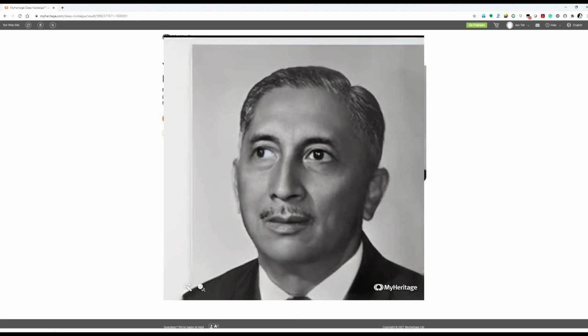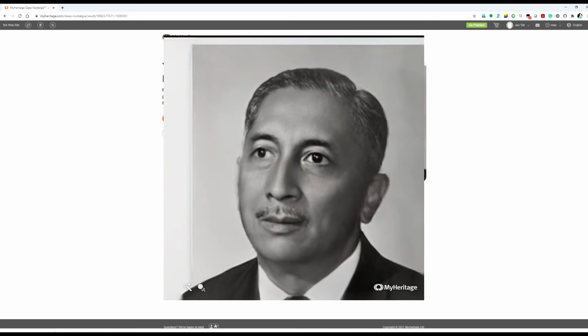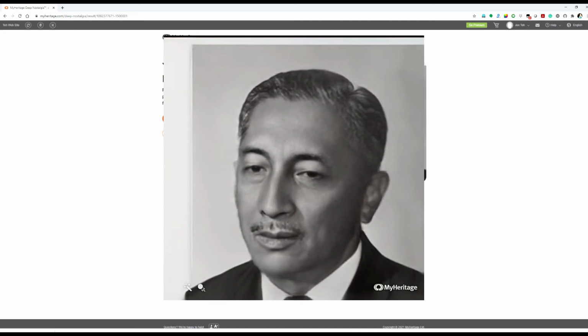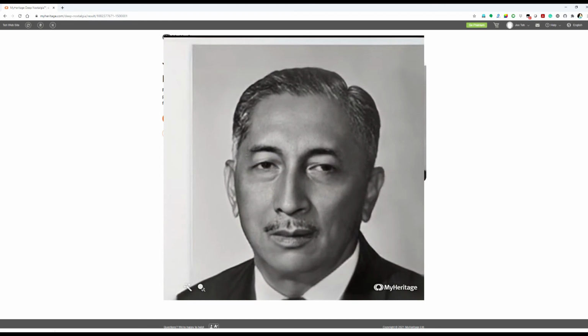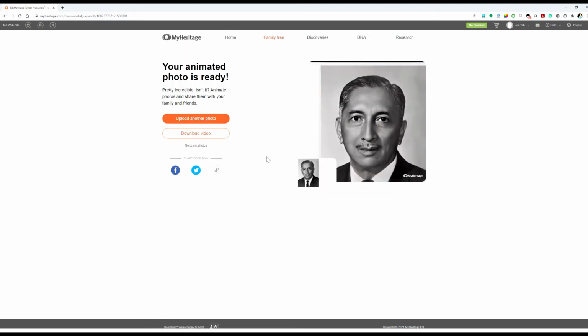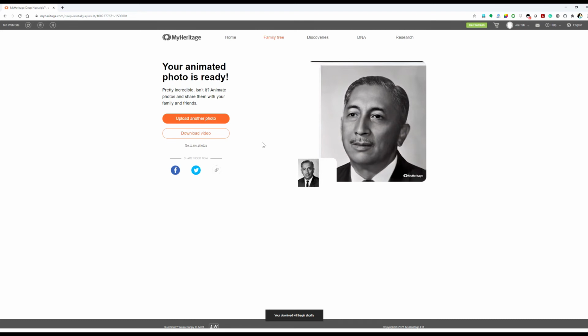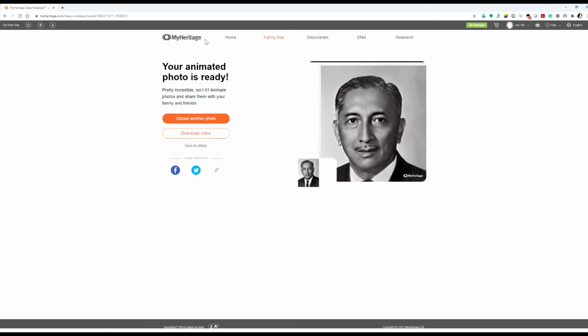This is a little bit freaky if you think about it, but that is how powerful this software is. And by the way, this is just a trial for a few photographs with a watermark over here. And if you have tried a few times, you are encouraged to subscribe with a fee to MyHeritage. So if you have some interesting photographs, please set up an account, use it, and enjoy the end result.